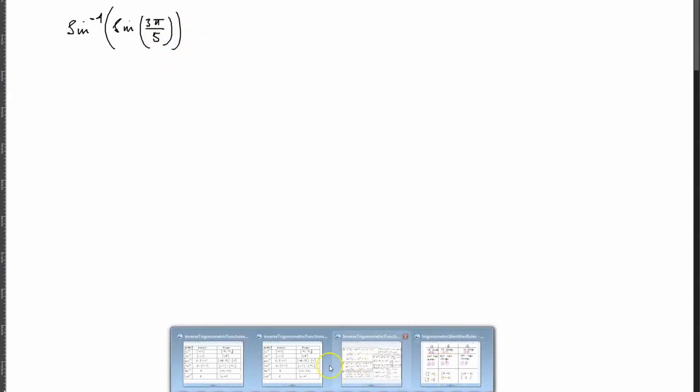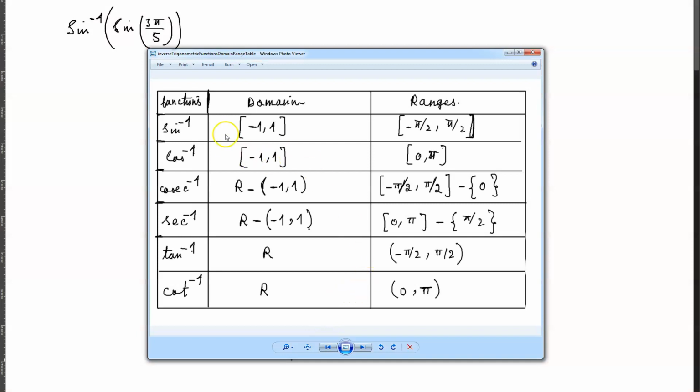So basically I know that the sine inverse of sine of x is equal to x if x belongs to negative pi by 2 to pi by 2, right? So now let's see what this angle is. 3 pi by 5 is basically some angle like,